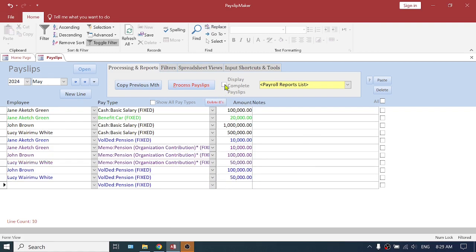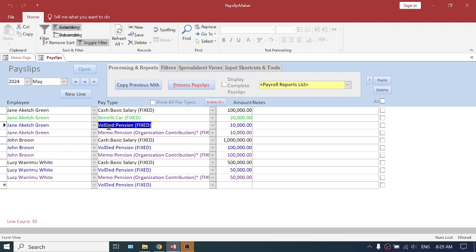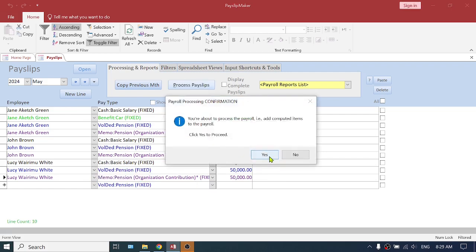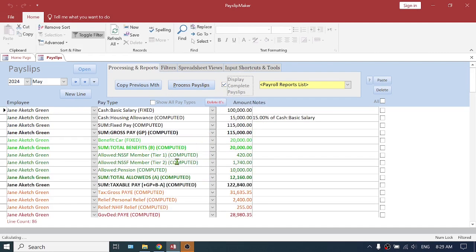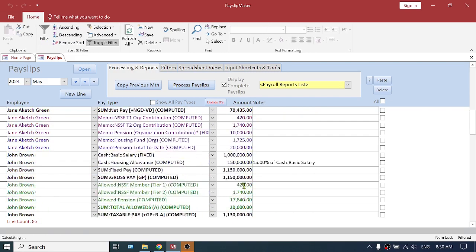All right. So if I display, and that just to refresh it. So you have voluntary memo, voluntary memo, voluntary memo. Okay. For each of them. So if we process this, what will happen is the allowed portion will be calculated automatically. So if I display complete, you have the allowed pension here. So for the one with 10K, it's just 10K. For the one with